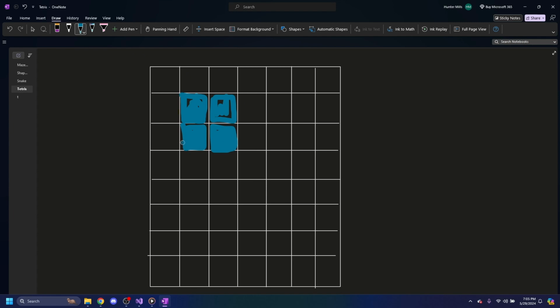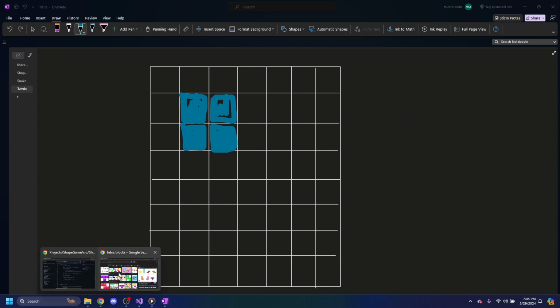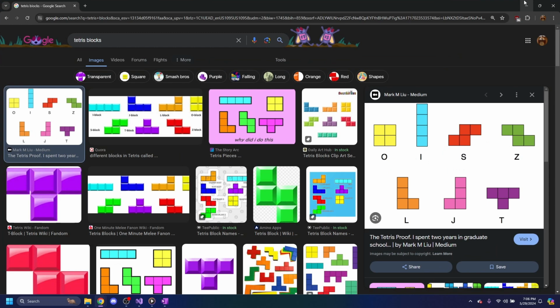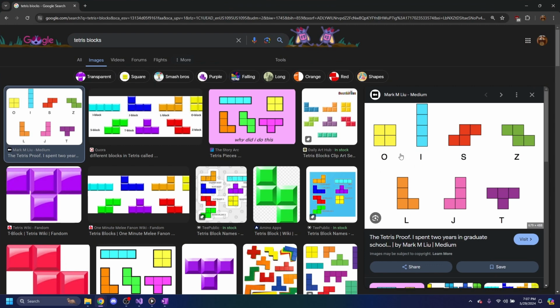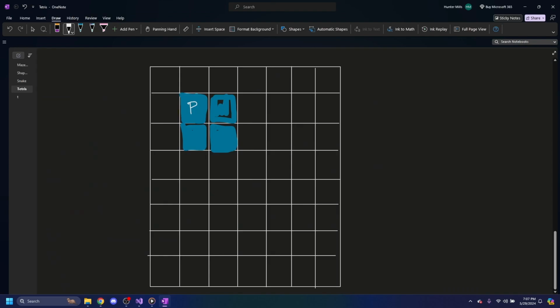So for each type of block, just a reminder, here are the ones that we're looking at. I think how I want to implement this is determining a certain block out of each block, which is confusing, but these are blocks and they're comprised of smaller blocks. So of those smaller blocks, I'll make one a quote-unquote parent block, or sub-block, however you want to refer to it, and the positions of all the other blocks will be relative to that parent, such that I can spawn the parent precisely at the top